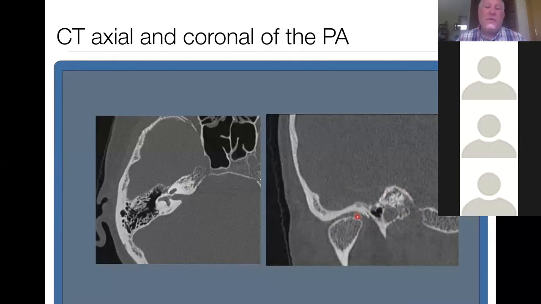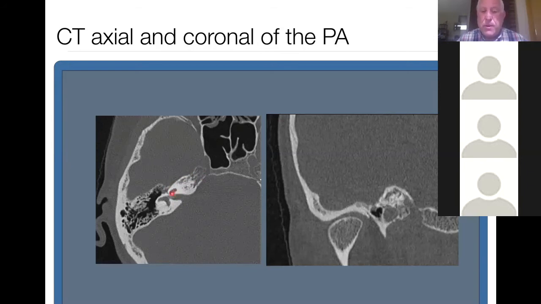If you're going from anterior to posterior, these would be cuts in the anterior part because the Petrous apex is anterior. As we go posterior, we'll pick up the middle ear and then the mastoid. And the same thing here, as we cut through from superior to inferior, because that's the way I like to look at it, we'll see the superior semicircular canals, pick up the air cells of the Petrous apex, start to identify the carotid artery, and then lower down towards the basilar turn of the cochlea and just below,